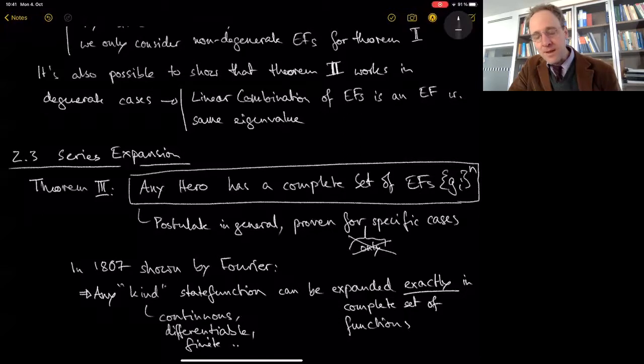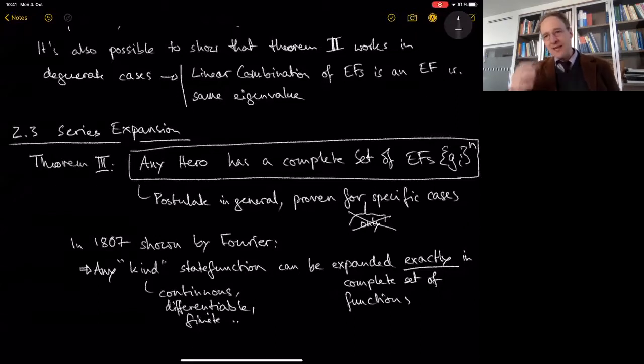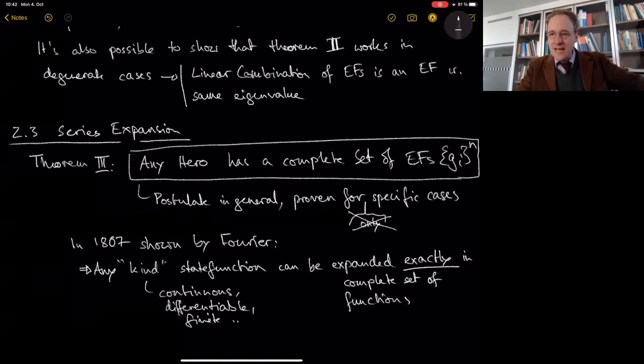Okay, this means that it's something amazing, right? That the operators we care about, they have eigenfunctions, and since these operators are something we care about, right? These eigenvalues are things we measure, and the expectation values are things we measure. This is something we care about, and this set of eigenfunctions can be used as a basis to describe any